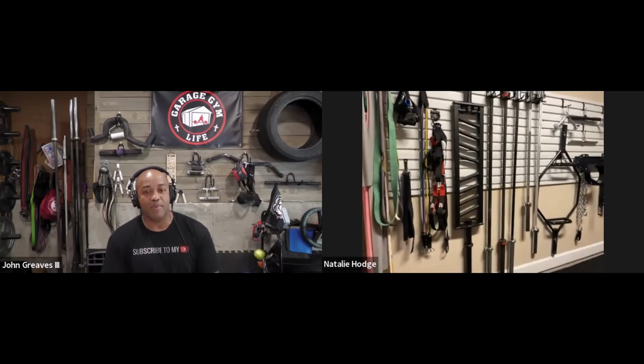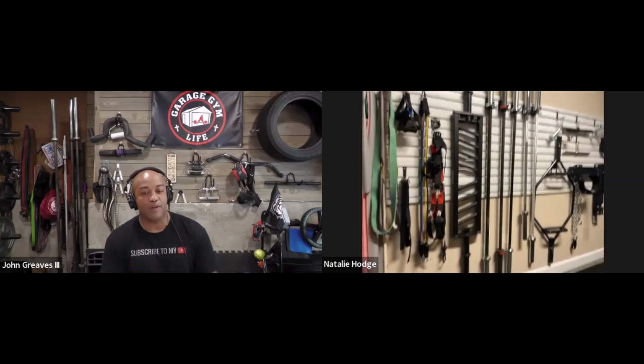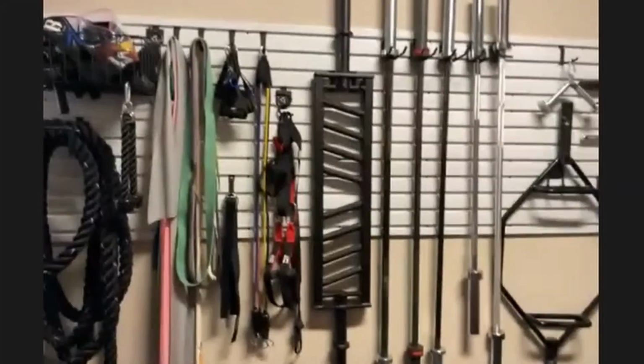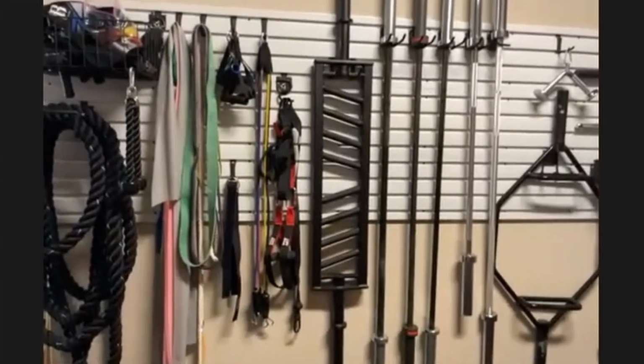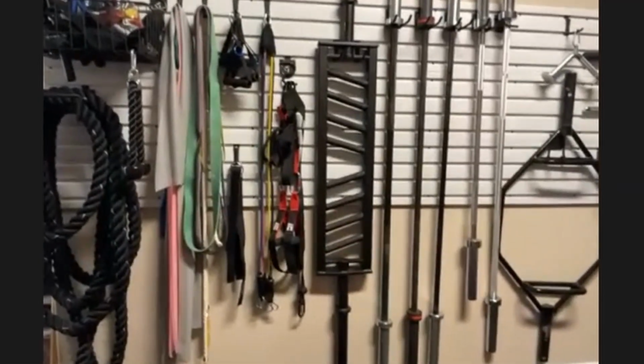So yeah, I'm so glad they started making the bars with a smaller diameter. That's really cool. I love that. I've got a multi-grip bar. That one's from Titan. I'm really happy with that. I don't use that myself a lot, but I use it with clients